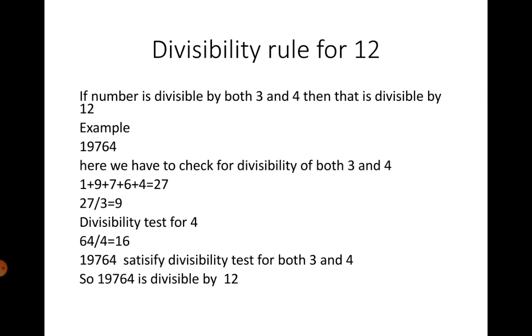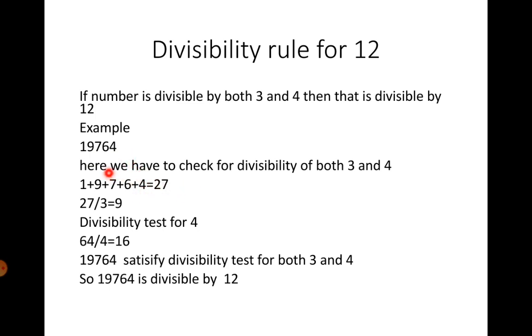And the divisibility rule for 12: if a number is divisible by both 3 and 4, then that number is divisible by 12. Here we have to test divisibility for both 3 and 4, like we did for 6. Okay, for example,